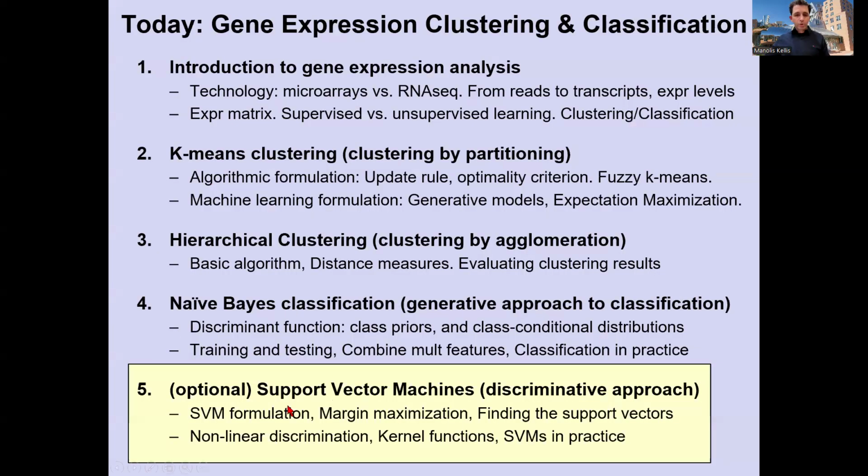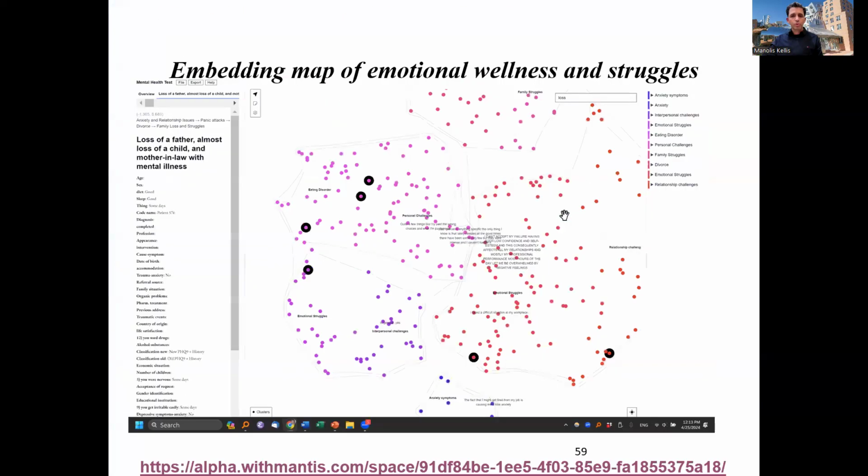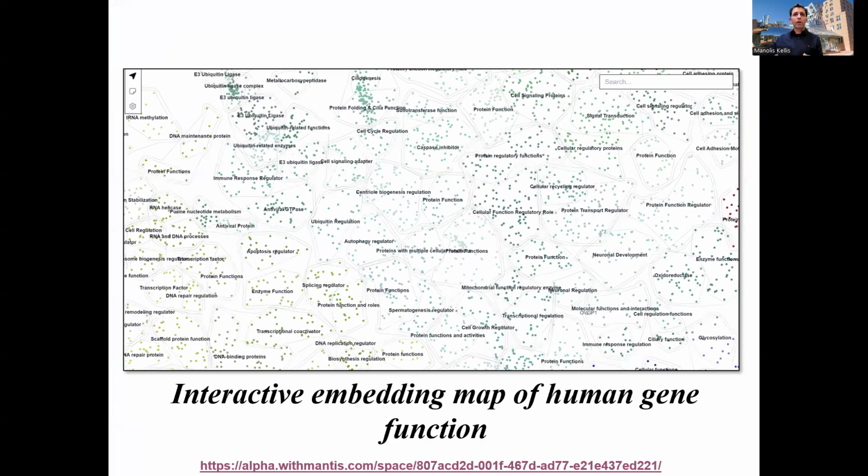Okay. So again, this was optional, so we're not going to cover it. But basically, we talked about gene expression analysis. We talked about k-means. We talked about hierarchical clustering. We talked about naive Bayes classification. And we also talked about how this does not apply solely to numbers. It can apply to text. And you can really go wild because it is 2024 and large language models are around. And sort of what I showed you earlier with the text classification, this is super trivial. It's basically just looking at the latent embedding representation of a large language model parsing of whatever text it is. So you can basically use that.